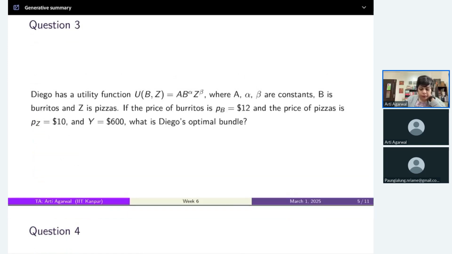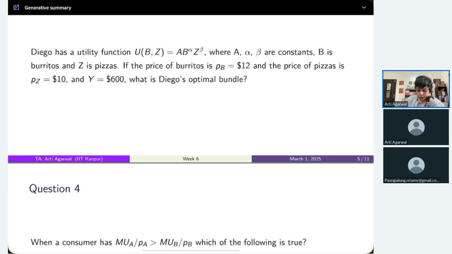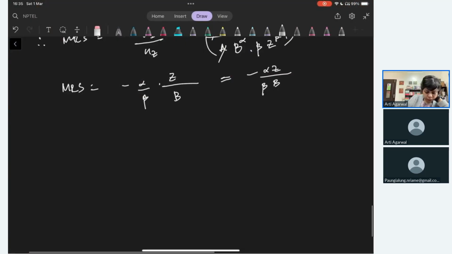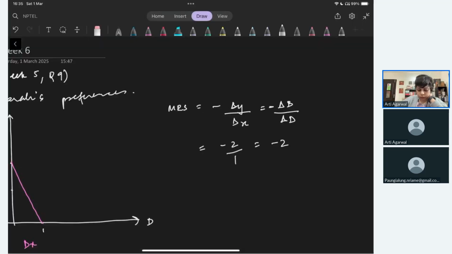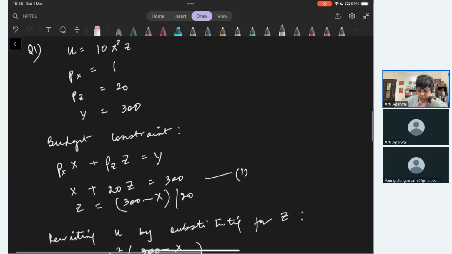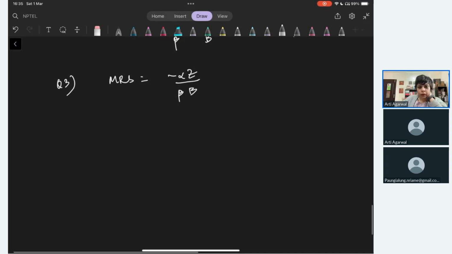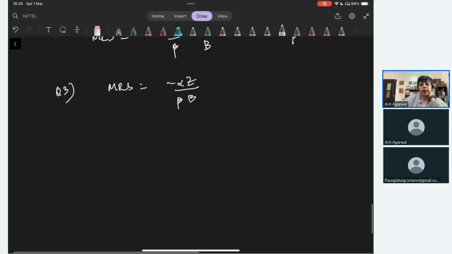Okay, so in the same question, you are now asked what is Diego's optimal bundle. And we can do that in the same way. So for this, let's go to question 3. Now we know the MRS expression, minus alpha Z upon beta B. And open the question again. Yeah, so you are asked his optimal bundle,